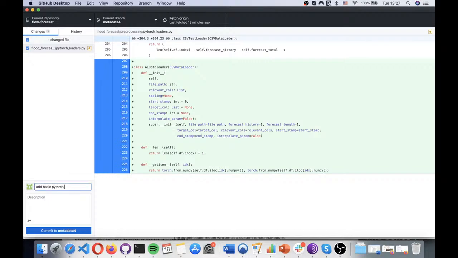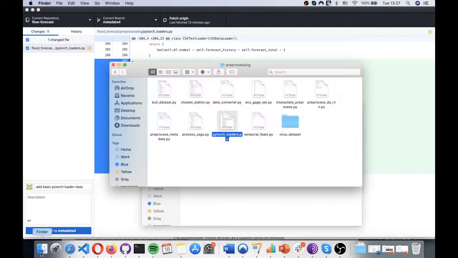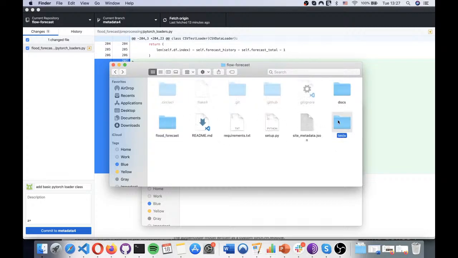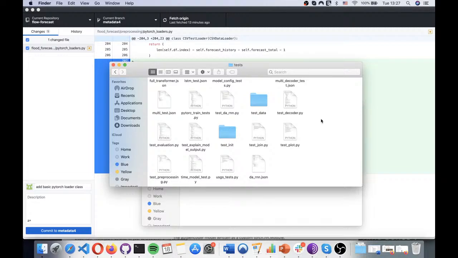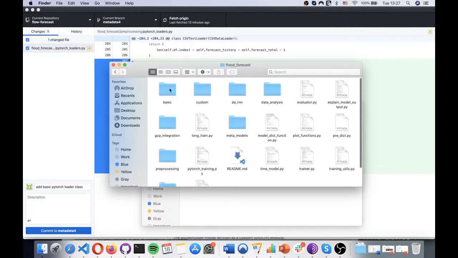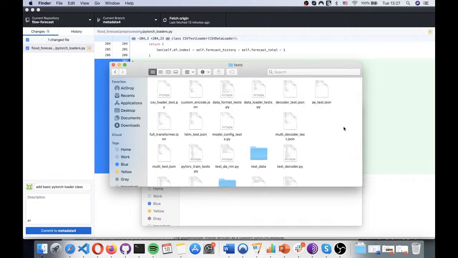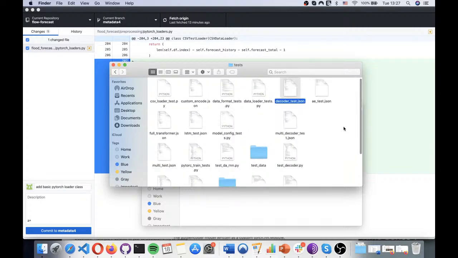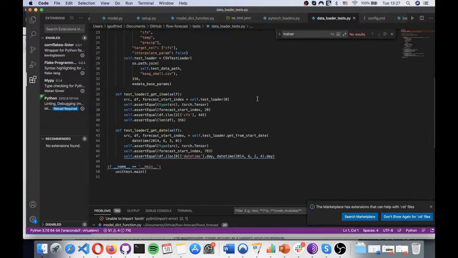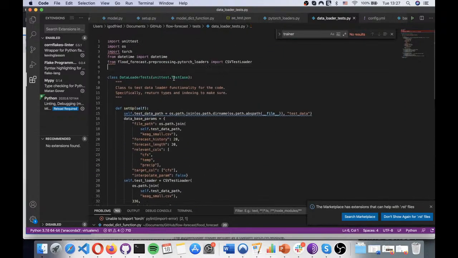Add basic PyTorch loader. Actually, let's try to add a test for this now too. Actually don't know the best way to do the unit test for this. We're going to do a whole thing of the different data loader tests, so this might be a good chance to actually improve our test coverage on all the data loaders. Oh yeah, here's one. So we'll actually keep using this